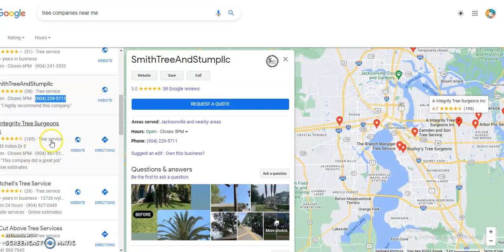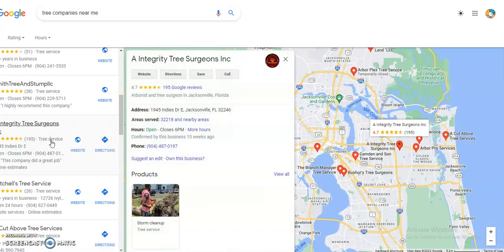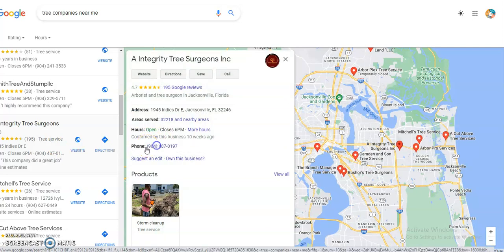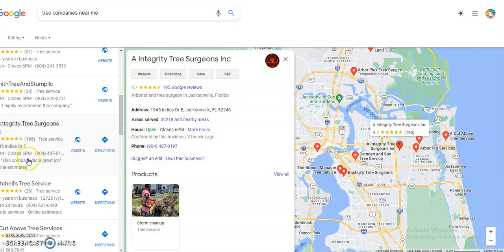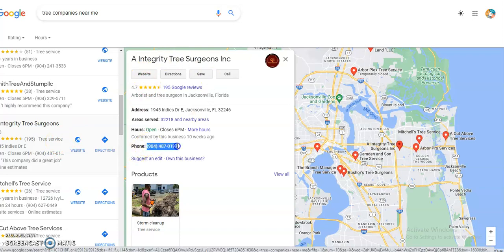Here, this one doesn't show the number, so just click on it. Once you click on it, it's going to populate, and you might have to get the text from here. So programmer, notice if the number doesn't show here, then we're going to have to click on the box of the target that we're looking to extract the phone number from. Then it's going to populate over here, and then we copy and paste over here.